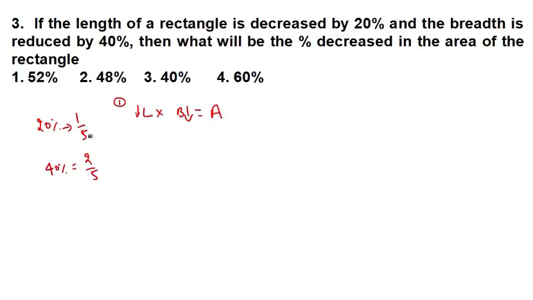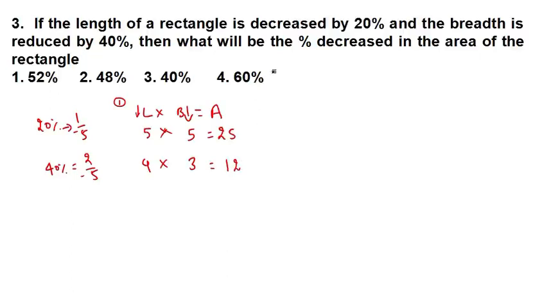So before, now this is a minus sign, okay, because it got decreased. Before, length was 5, now length becomes 4. Fine, 5 minus 1, 4. And breadth, before it was 5 again, now it becomes 3. It means that before my area was 25, now my area got reduced and it becomes 12. Okay, it is clearly mentioned.